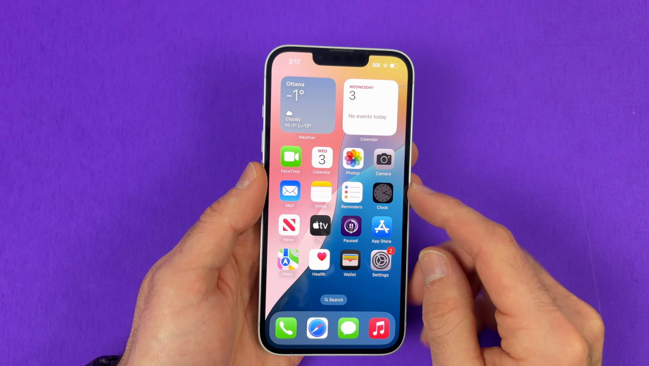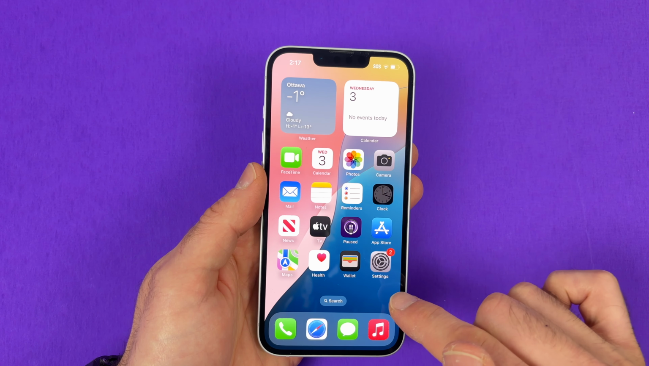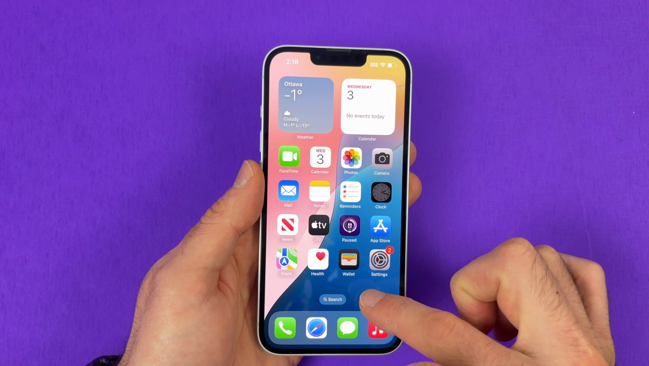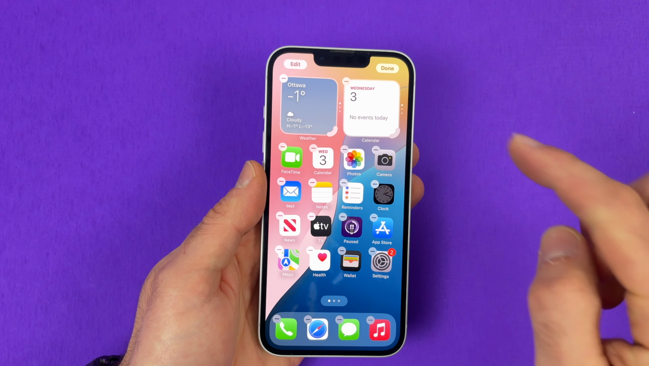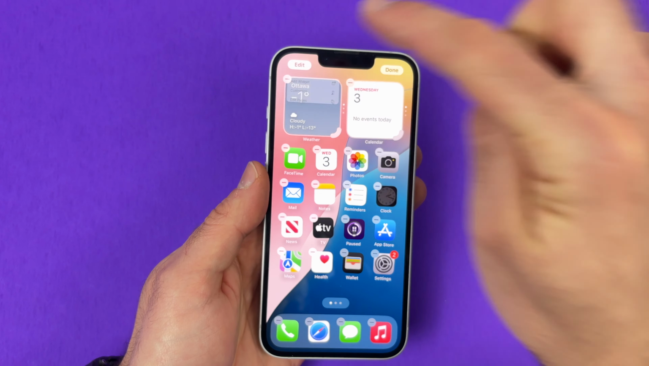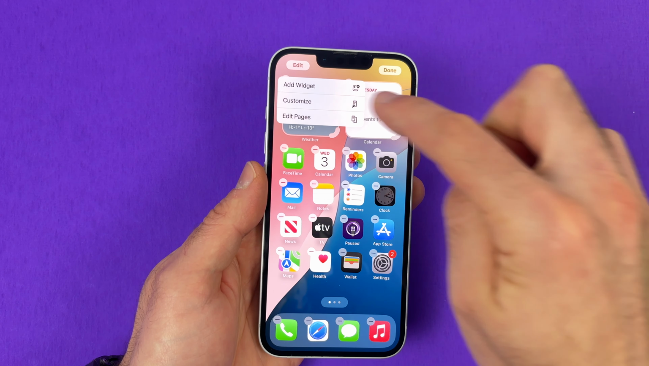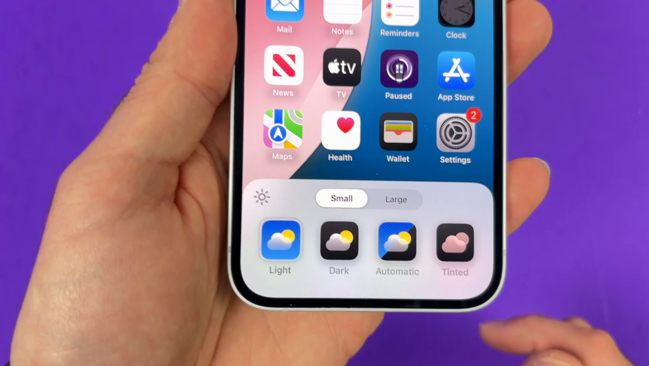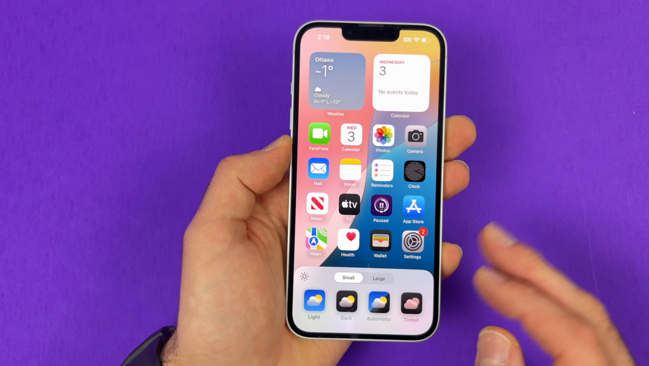So the first step, go on your home screen and simply keep press anywhere where there's no app. So like over here, there's no app, keep press, and then select Edit on the top left corner. Select Customize. From here, you're going to have a few options down below, and I will explain to you what